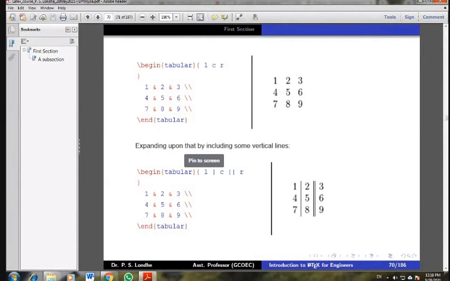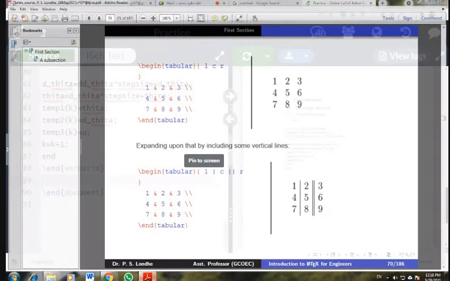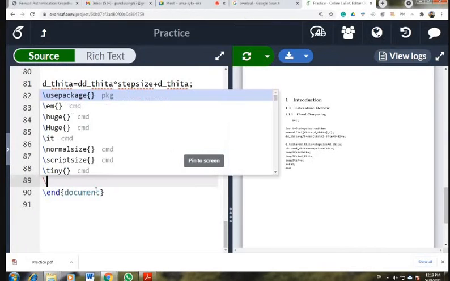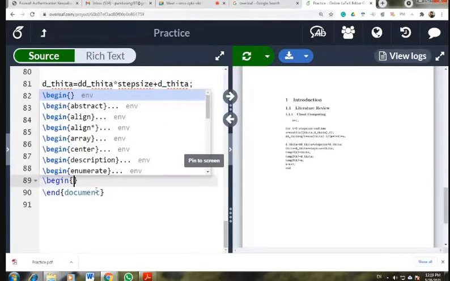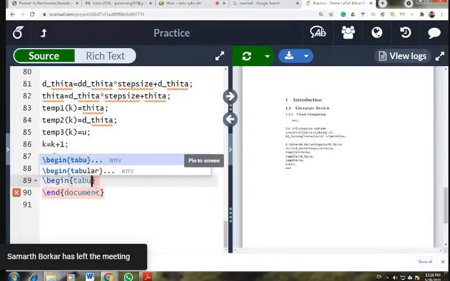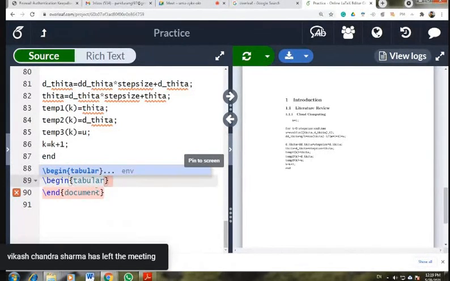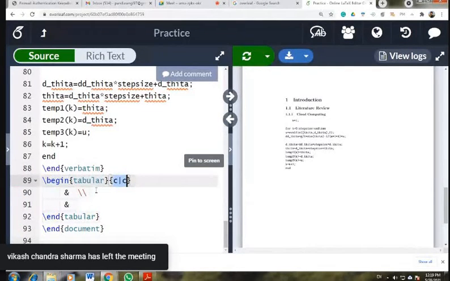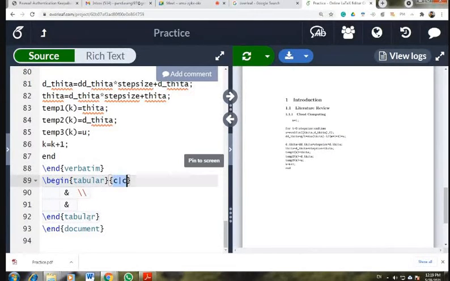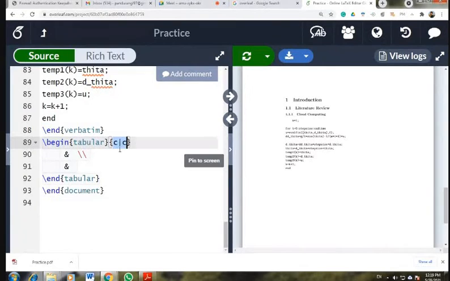For example, you have to use the begin tabular, end tabular environment. Let us use begin tabular. As you enter begin tabular, end tabular environment, it will automatically give you this kind of representation. So C stands for, see what is the first C?